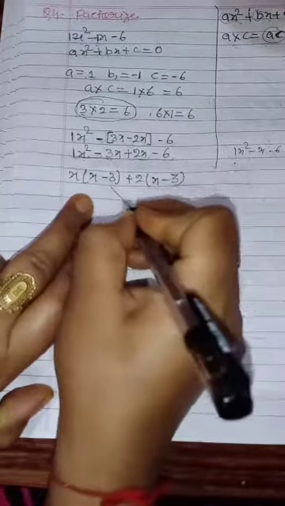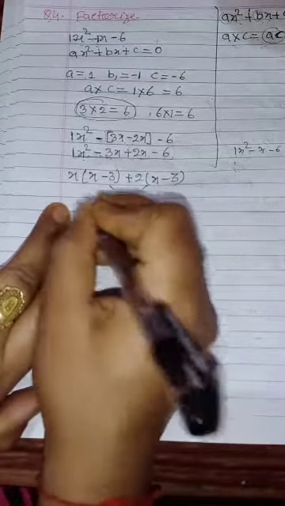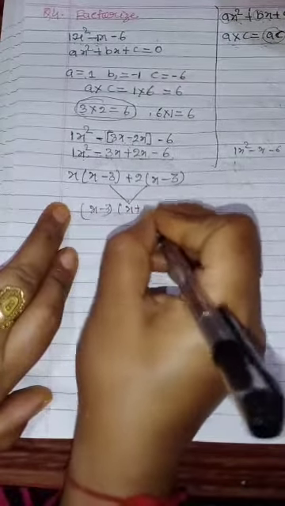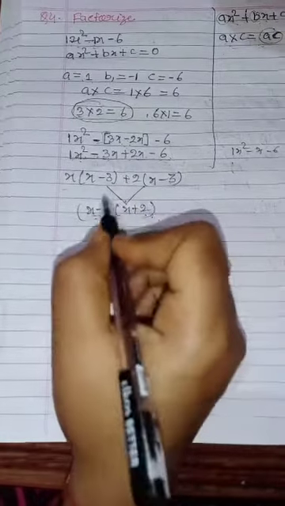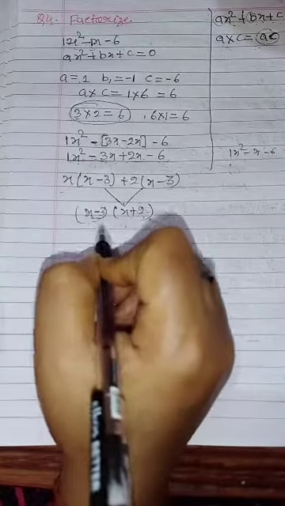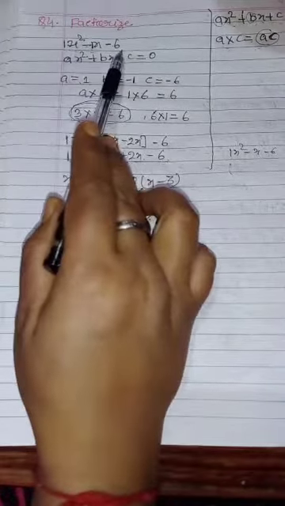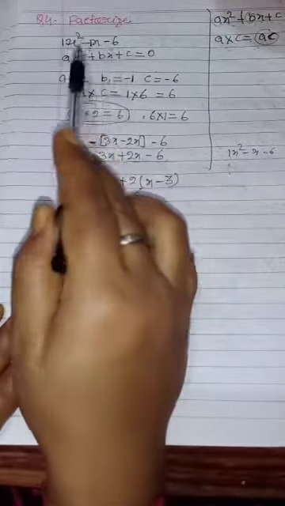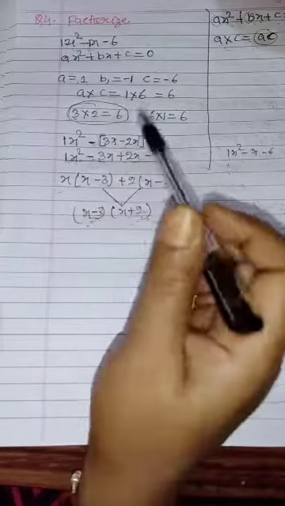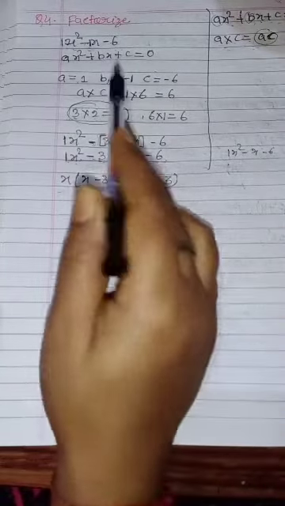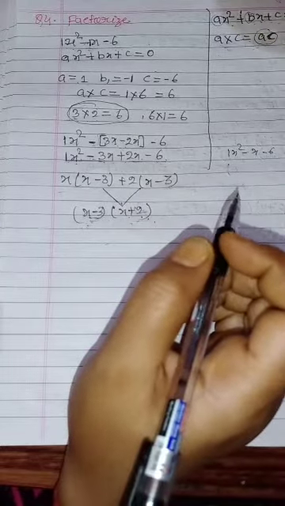Now you can see that further x minus 3 is coming as common. X minus 3. So what will remain now? X plus 2. If you multiply these two terms, you have learned in chapter number 7 the multiplication of two binomial terms, so you will get the answer. This is the multiplication of which terms, and by which method are we doing it? By the middle term splitting. Again I am going to do it.